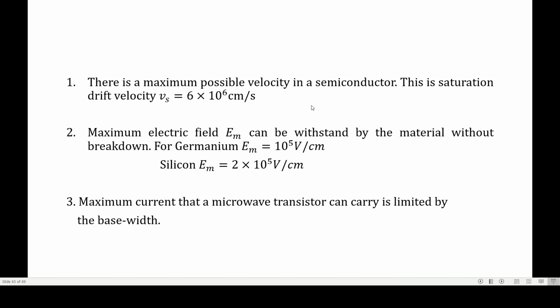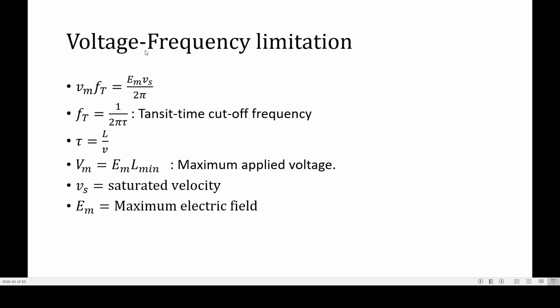So this can be explained in terms of certain equations. We have to learn mainly four equations. The first one is related to voltage frequency limitation. Here the equation is Vm into Ft is equal to Em Vs by 2 pi. Always remember this term: this RHS is the same for all these equations, and it is a constant. Vm is the maximum applied voltage, Ft is the transit time cutoff frequency, and Em is the maximum electric field,